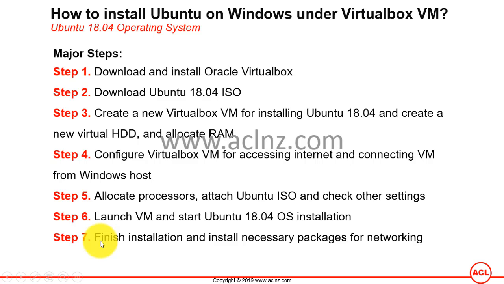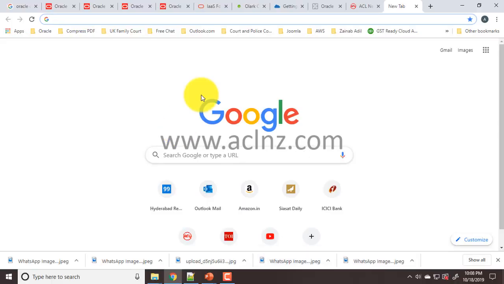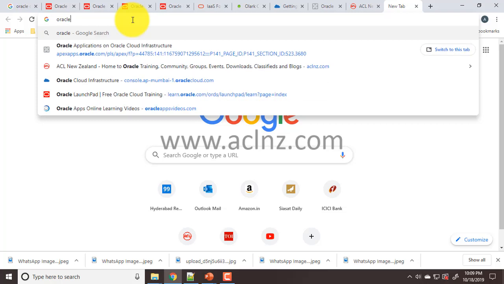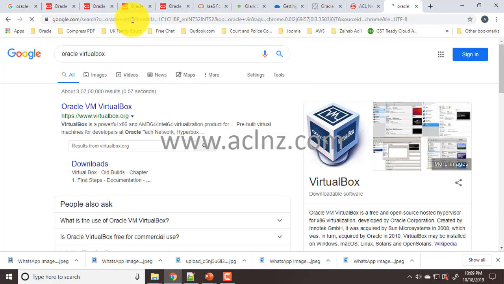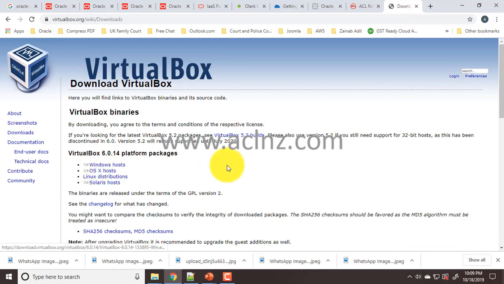So let's start with the first step of downloading and installing Oracle VirtualBox. For this one, I'm going to go to the Oracle VirtualBox website and download. Alright, so here I'm going to download Oracle VirtualBox. So say Oracle VirtualBox, and then I'm going to go straight onto the downloads, and there you'll see Windows host. So just go ahead and download this one,